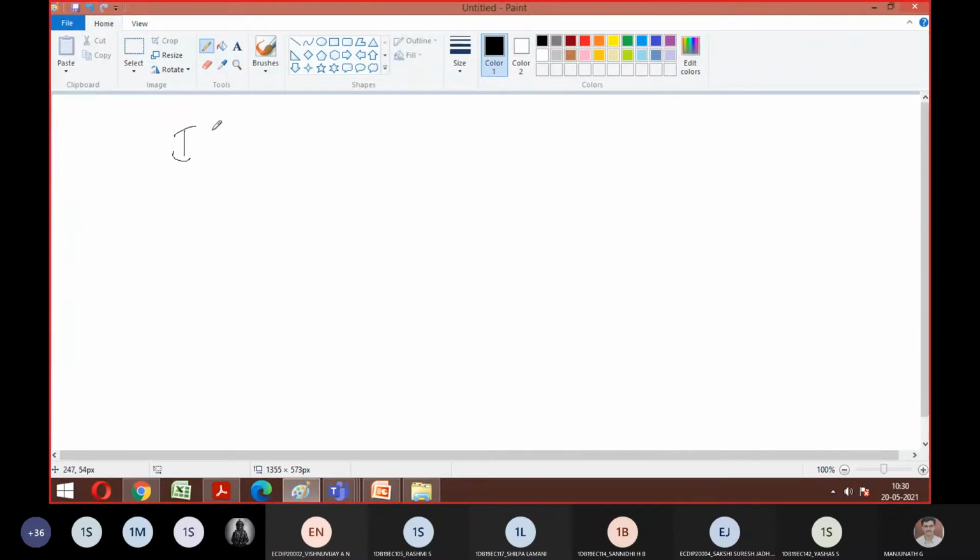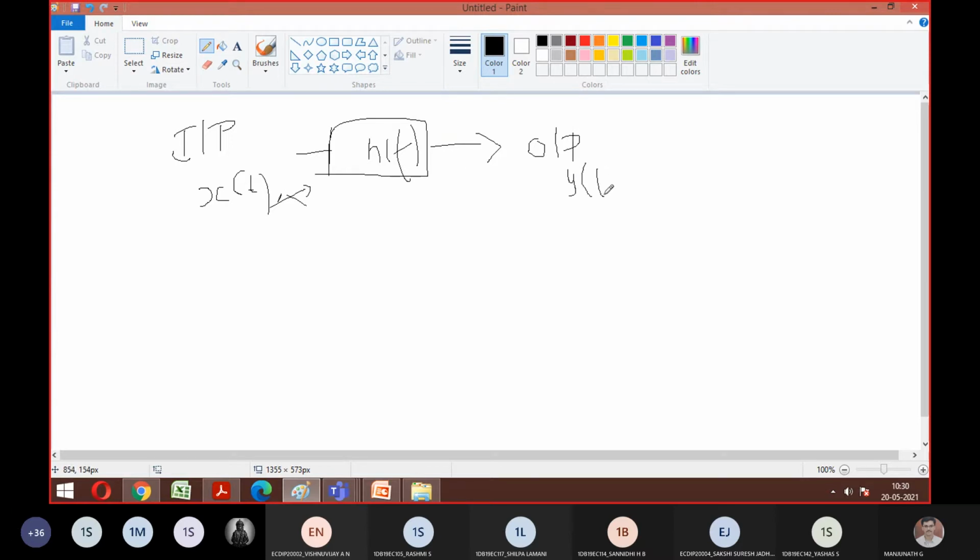If we take the input as x of t, is it visible, guys, what I'm writing? Everyone, is it visible? So this is your general flow. Input is given to your system, and that system has its own response h of t. The combination of h of t and your x of t will give you your output as y of t, right? Now what I'm claiming is, if there is a slight change with respect to my input,